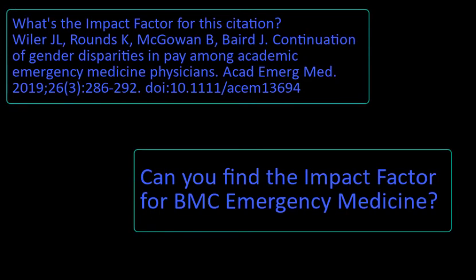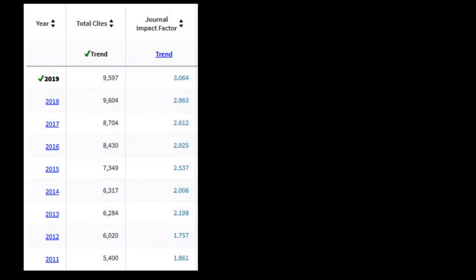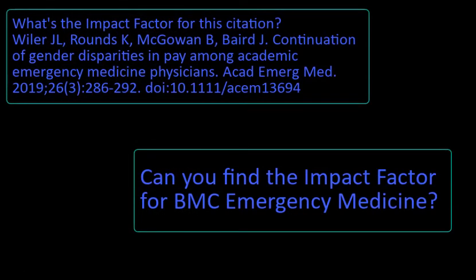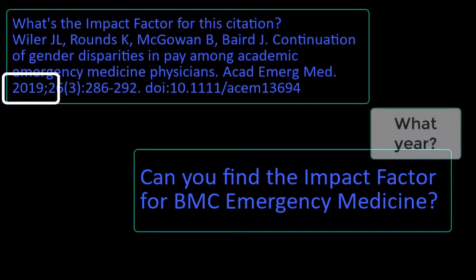No matter how you're starting, make sure you have two pieces of information, the year and the full journal name. Impact factors are assigned to a journal in a specific year. It is not possible to provide the impact factor for a journal without being provided a year. Identify the year in the citation or clarify with the person who asked you for impact factor.